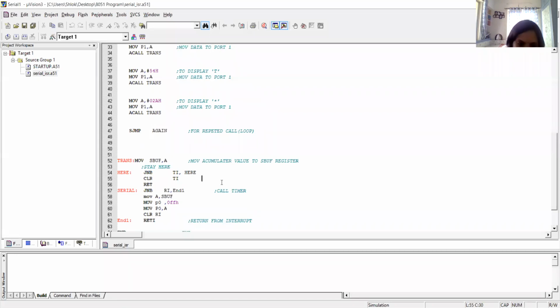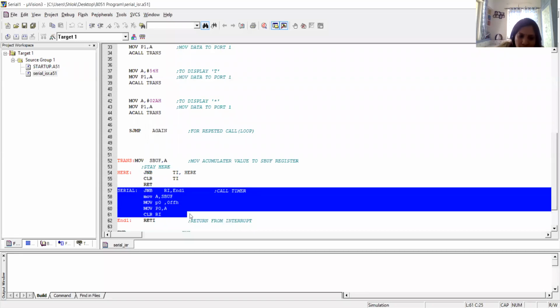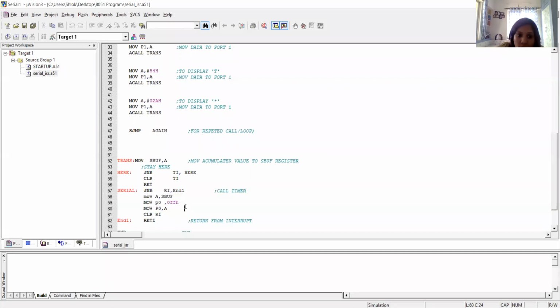Whenever the transmit bit is set to 1, then wherever your program counter is, it will automatically transfer the PC to the serial port communication code, that is, to the ISR routine.